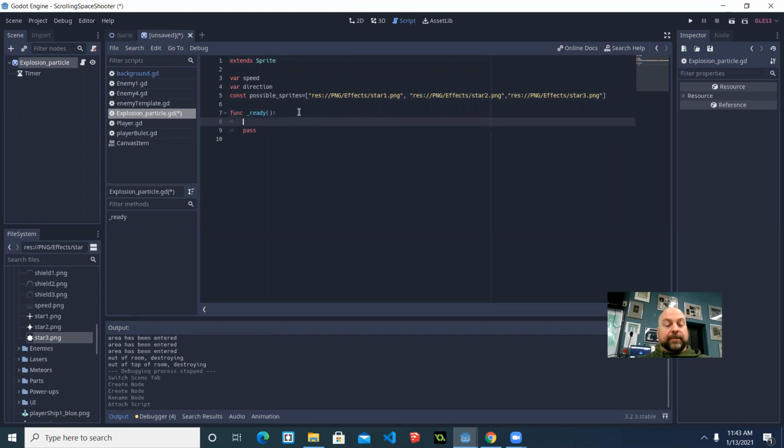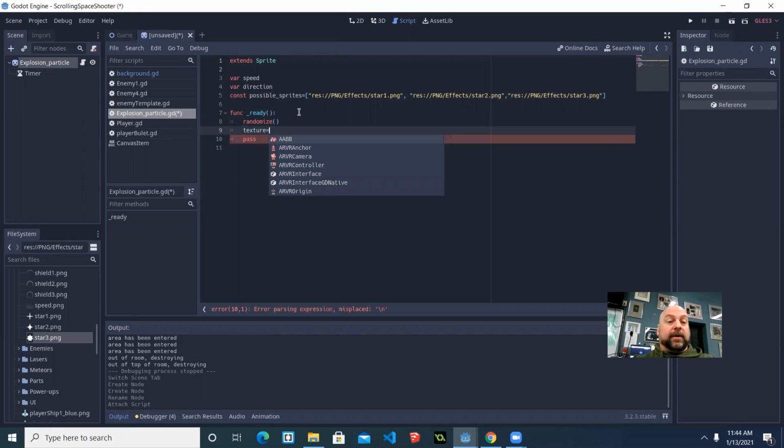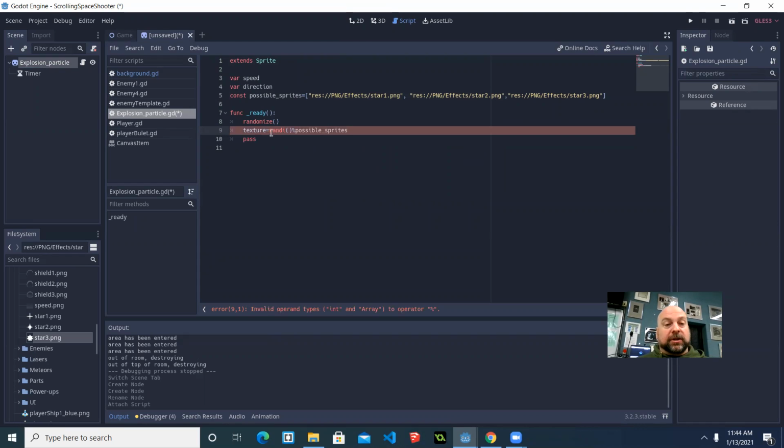And so in the ready function, I'm going to randomize, and I'm going to select one of those sprites. So I'm going to say that the texture is going to equal, and I need to choose one of these. If you remember from our previous experiences, whenever you have an array, the first position in the array is position 0. This would be 1, and then 2. So I have to generate a whole number between 0 and 2, and I'm going to use the randi capabilities. And instead of an asterisk, which you'd use if you can get a float and don't care if it's a whole number or not, for randi it needs a percentage sign. And I'm going to say, find the size of the possible sprites array. So the texture is going to equal,